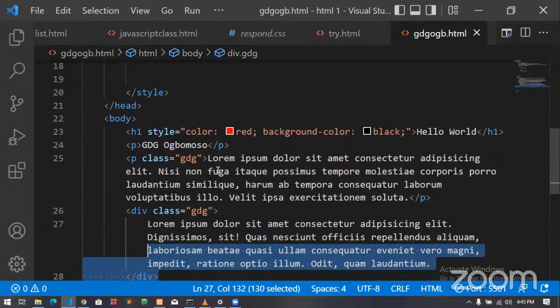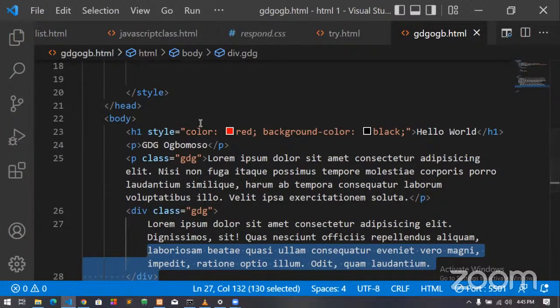Let's assume our brand color is blue, and you have a P tag, you have an H tag, and you have a bold tag. That's 3 different tags. But you want all of those 3 tags that are containing different things to have the same color. And you already have a class that is carrying that color.